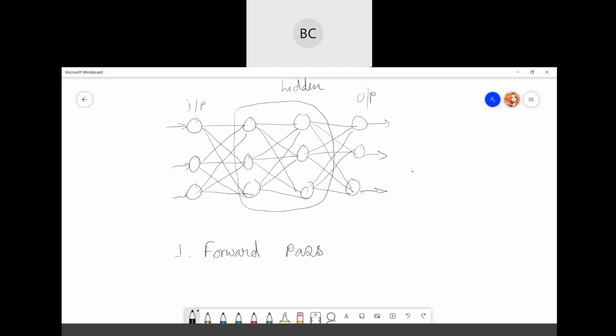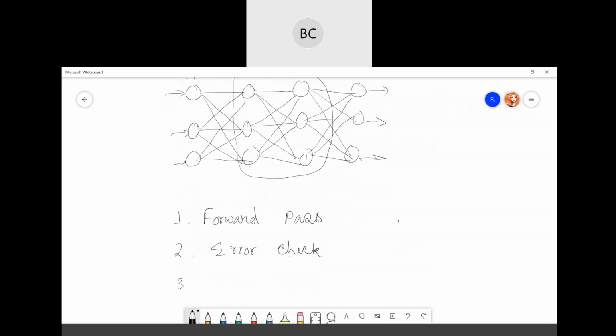Then you have the error check. Then you have the backward pass. These are the main steps of backpropagation. Forward is also known as feed forward.